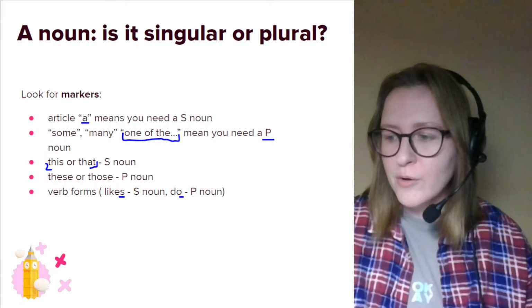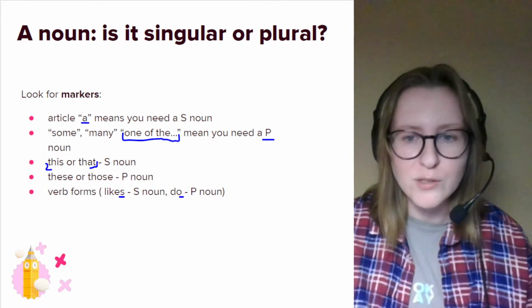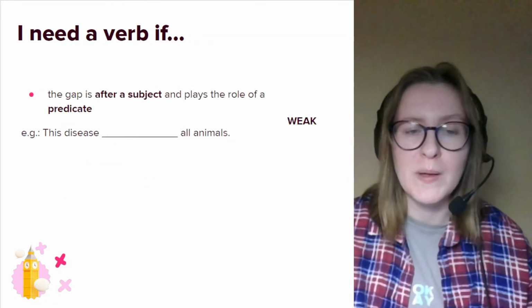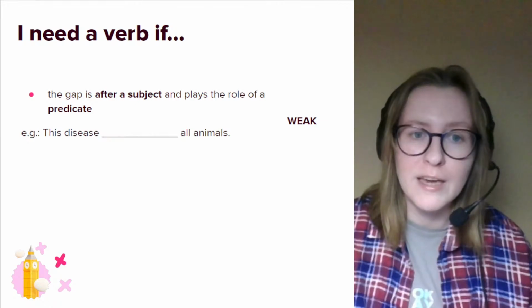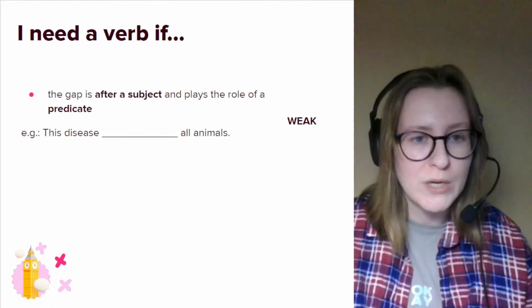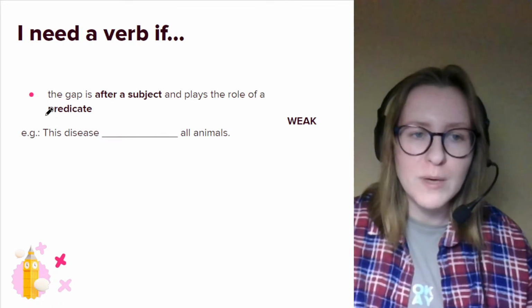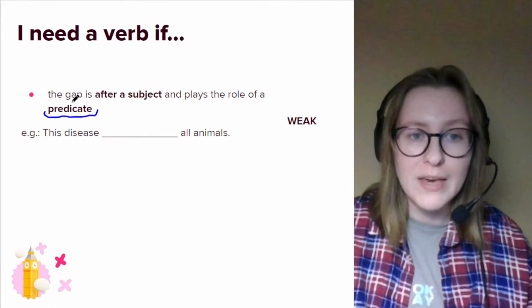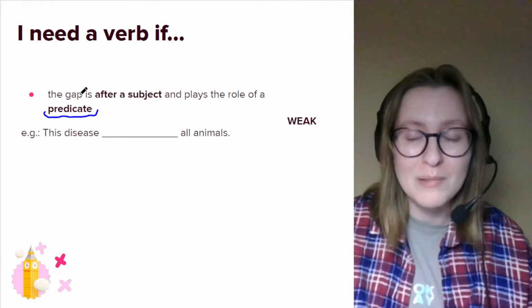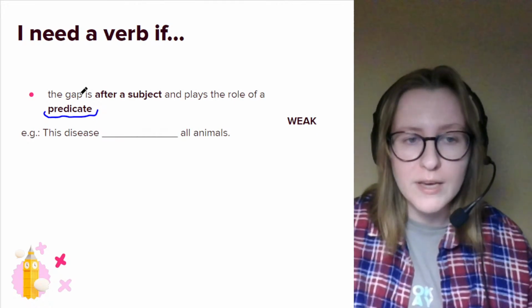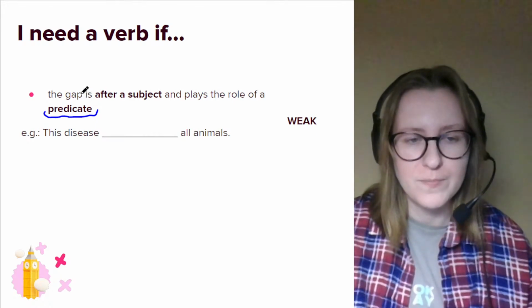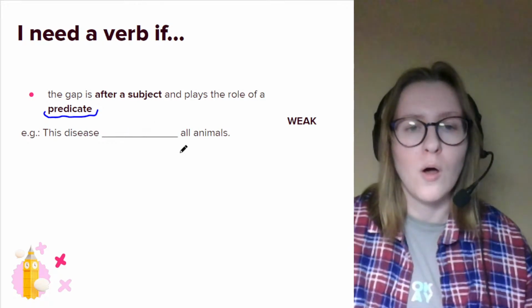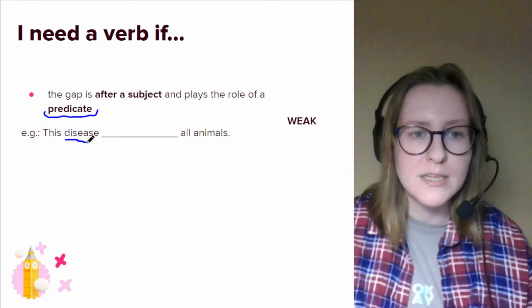All right, if you don't have any questions about nouns, we can move on to verbs. So guys, we've talked about a subject, right? If we have a gap in the position of a subject, we need a noun. But if we have a gap in the position of a predicate, if the gap is after a subject and plays that role of the predicate, we need a verb, right? Let's have a look at an example. This disease, all animals. We have disease as a